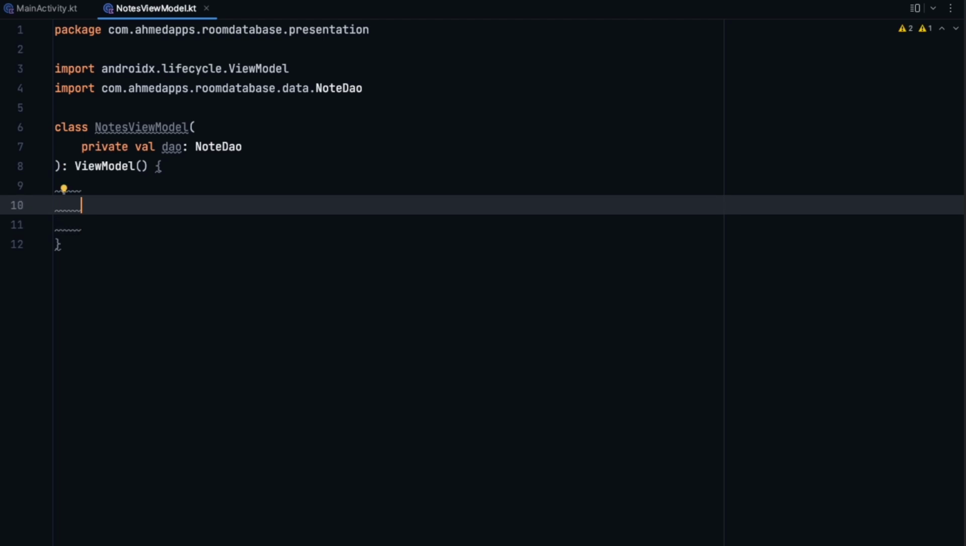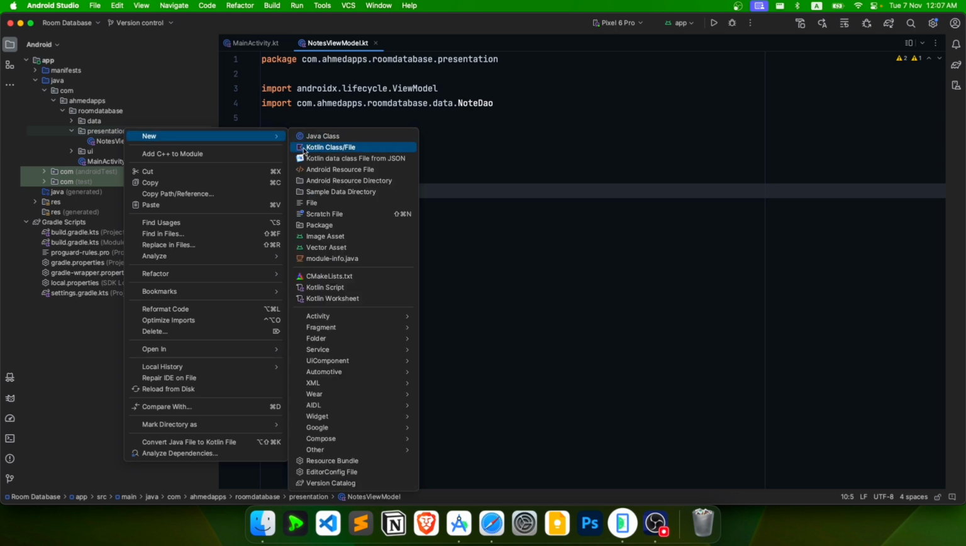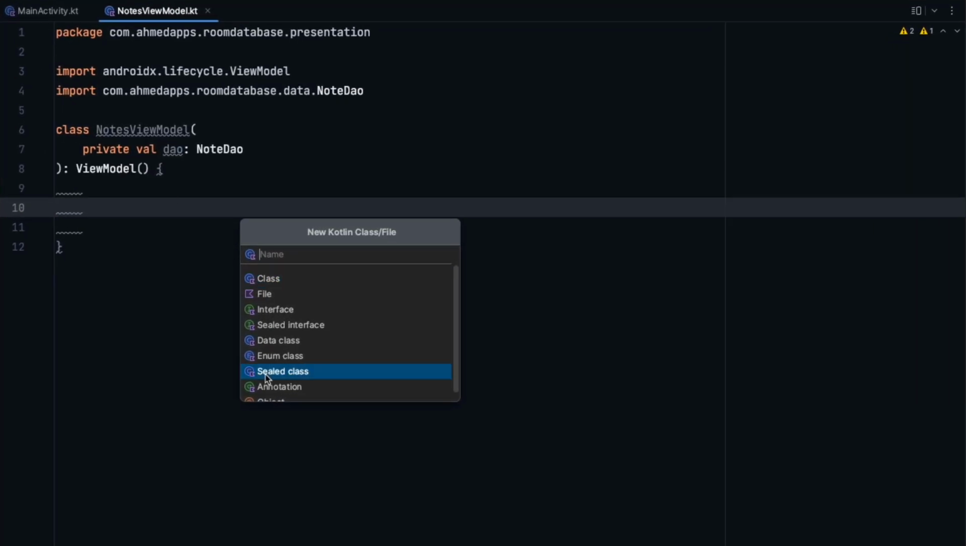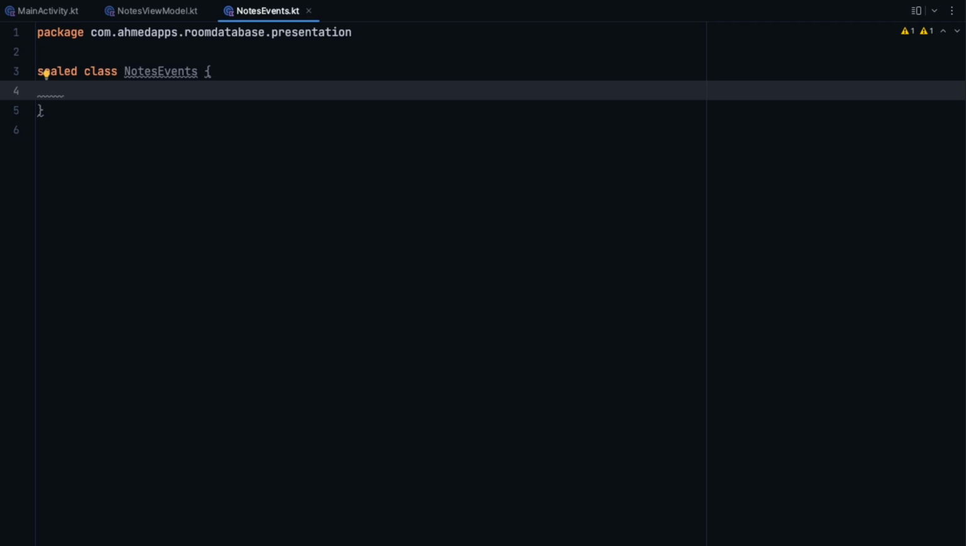We'll write the other code later, but let's first create the events that the user can make in our UI, or the actions that a user can make. So new Kotlin class in the file, and this one is going to be a sealed class, and it's called nodes events. Open the brackets. The first thing is that the user can sort the nodes. So object sort nodes,